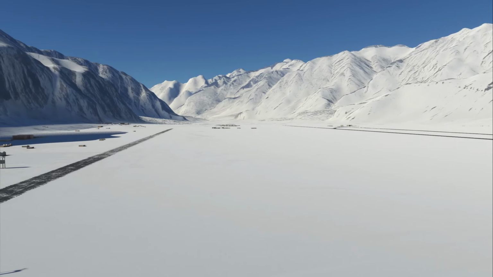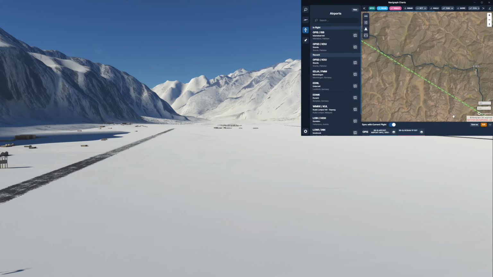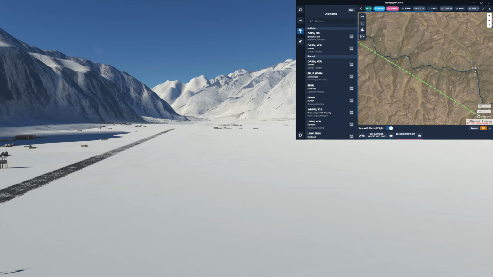Fantastic approach. Navigraph Charts, still useful actually. The VFR terrain visualization was actually very good. You could kind of see more clearly where things would have to be. So if I just pop that up now quickly, there we go. So you can see that we kind of